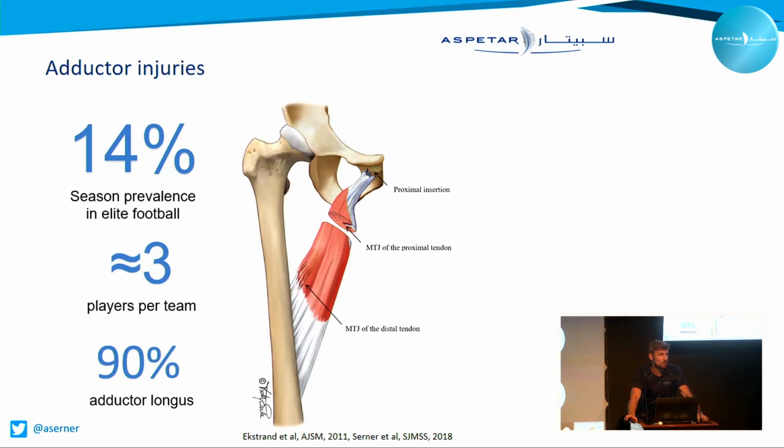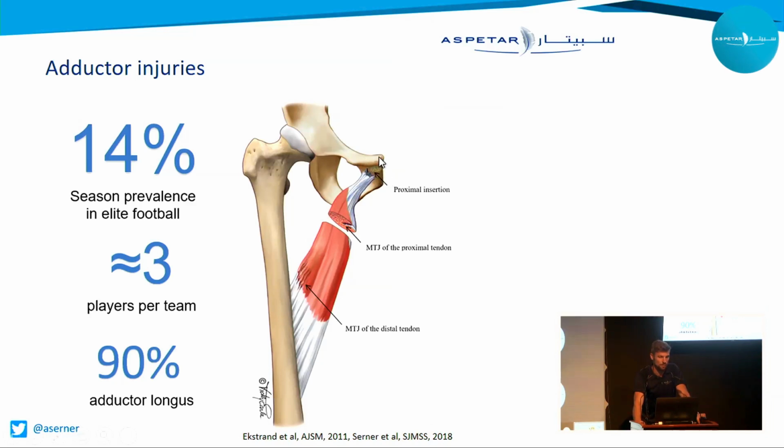First, when we're looking at acute adductor injuries, we have the adductor longus muscle, as you see here in the middle, that attaches to the pelvis. Up here on the pubic bone, goes down. The majority of the injuries occur at the muscle tendinous junction. And here intramuscular in the proximal part, but also distally at the distal muscle tendinous junctions. Today, we'll focus on injuries at the proximal insertion, where the majority of injuries are acute adductor longus avulsions, or